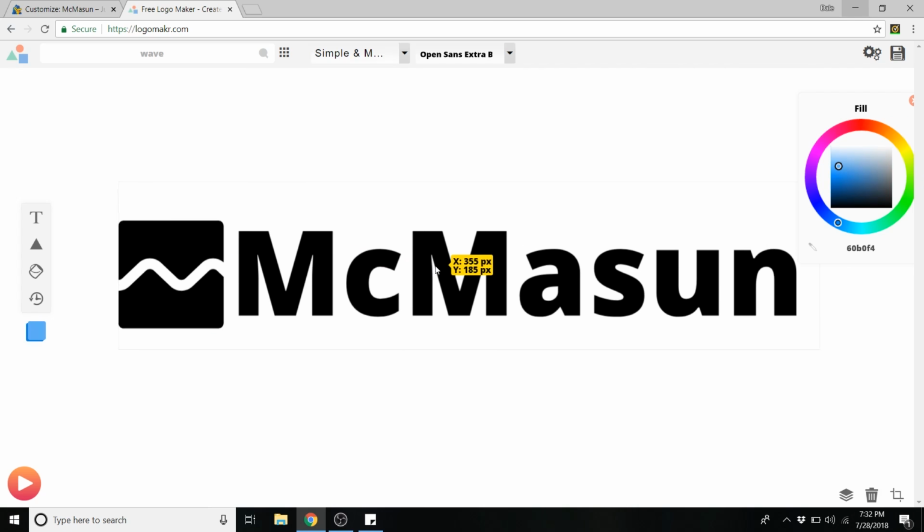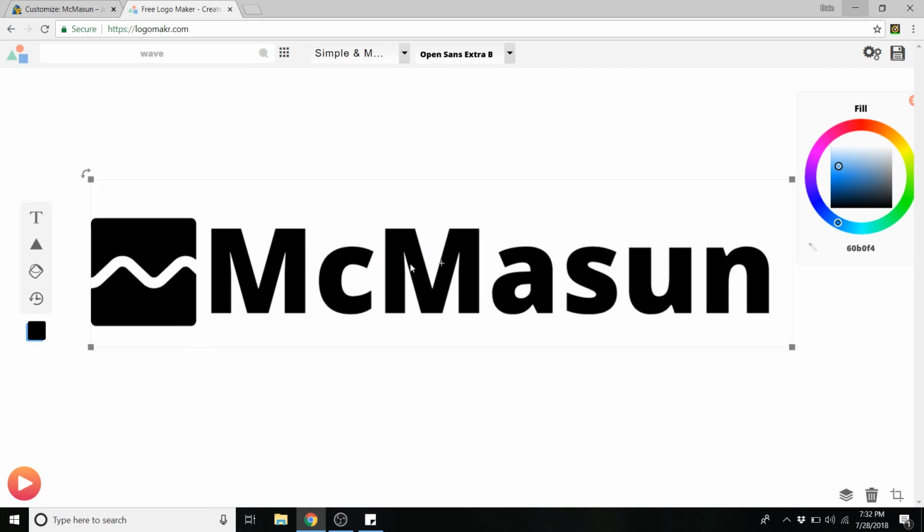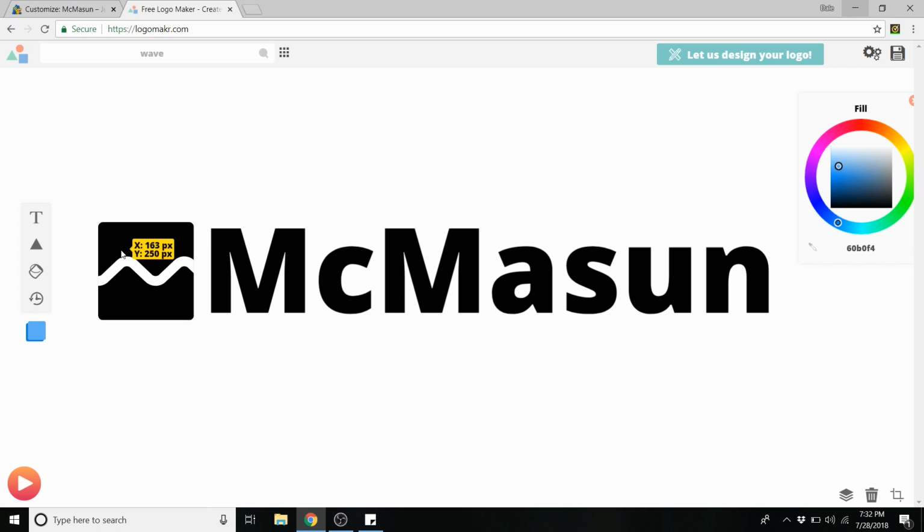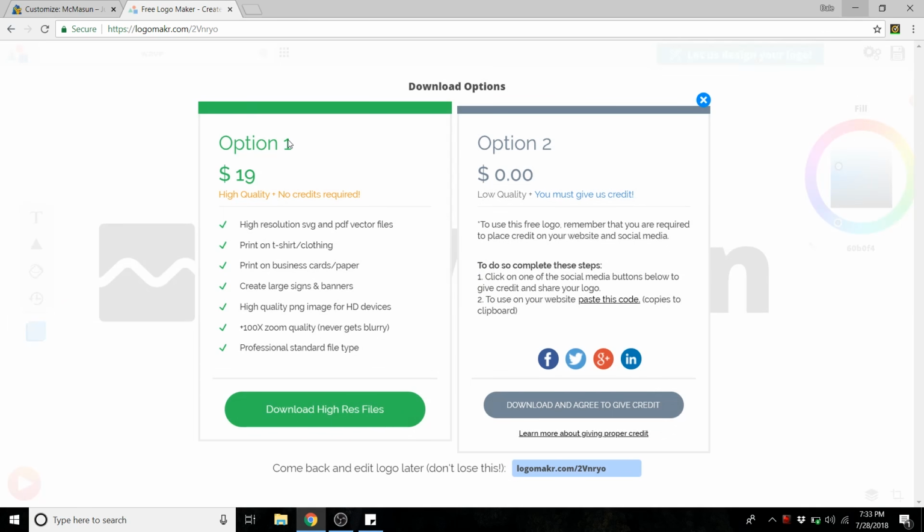We'll select them both and move it over. Actually, I'm going to make this a little smaller. Alright, so there we go. That was really simple. So what we want to do is just go up to this little Save Logo button. We'll click that, and you've got option 1 where you can buy it. It comes as a vector file, so you can scale it as high as you want without losing quality, and